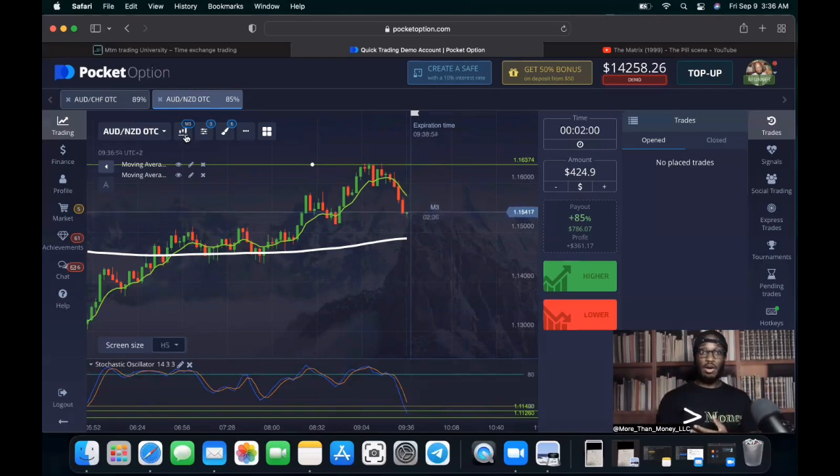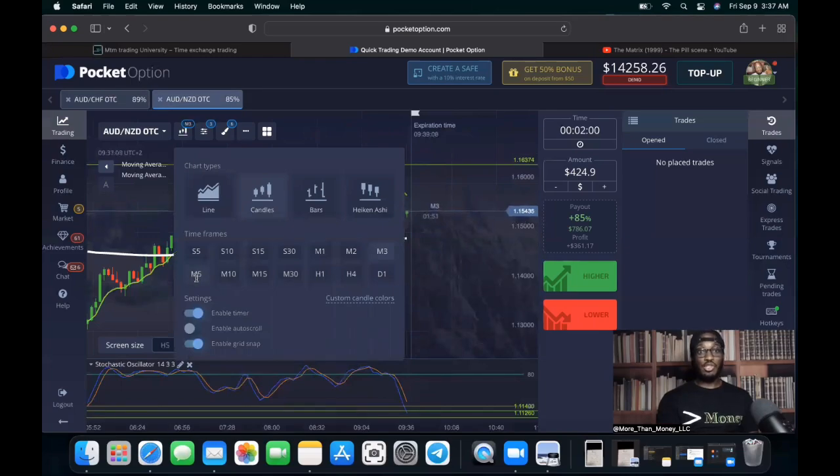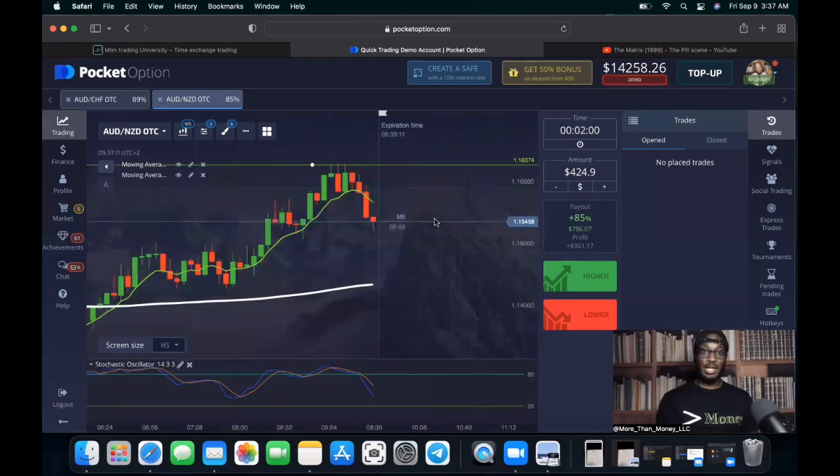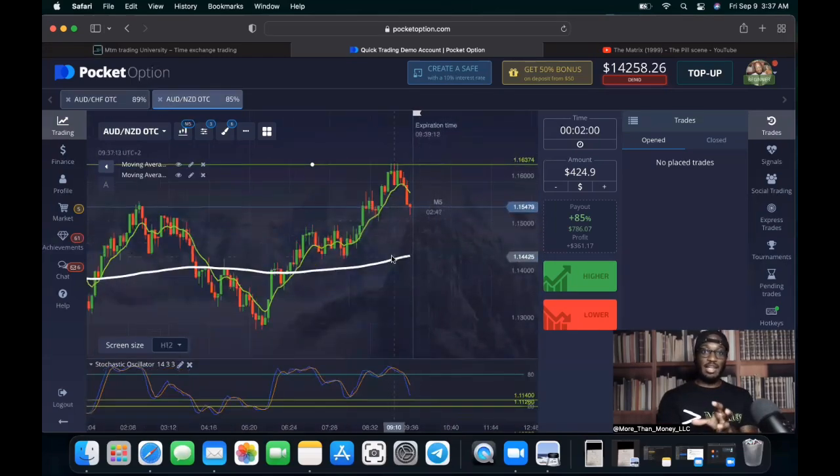But if I know, hey, hold up, on the 3, it's at a decent range, but it's close enough. On the 1, it's at a decent range, but it's close enough. On the 5, on the 30, the same. At some point in time, the EMA could start to pull price. Remember, the EMA works like a magnet.